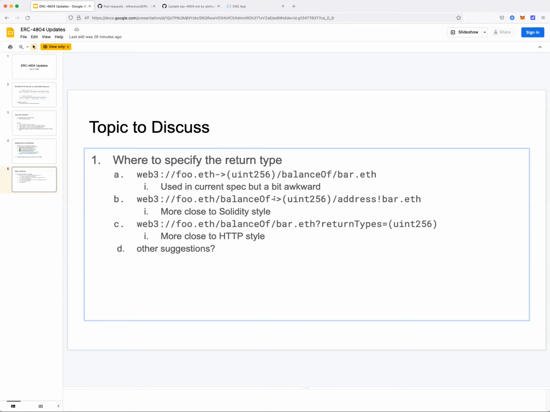But probably HTTP users may still have no idea what it is. And one closer to HTTP style, which I gave as an example, is just using the query part, and then letting the server decide what kind of return type is going to be returned.